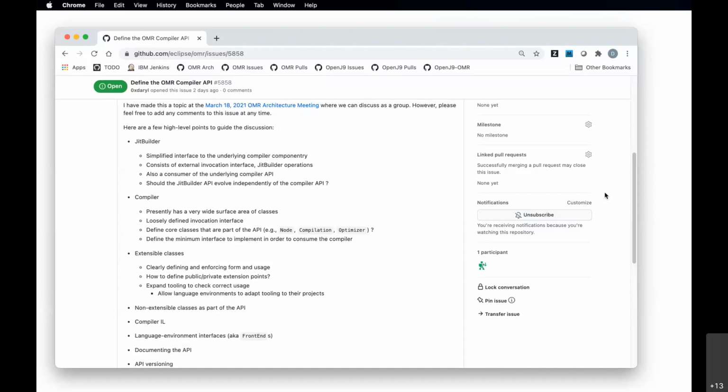You need a way to be able to put stuff in. You need to be able to initialize the compiler. You need to be able to compile stuff. You need to be able to shut it down when you're done, and you need a way to tell it what code to compile. And that's basically what JIT Builder is. And if you wanted to do more elaborate things, then yeah, you're into a different part of the API, obviously, the API of the compiler component itself, but there's nothing stopping you from doing that as either an extension of the JIT Builder project, or by making your own copy of the JIT Builder project and hacking to your heart's delight.